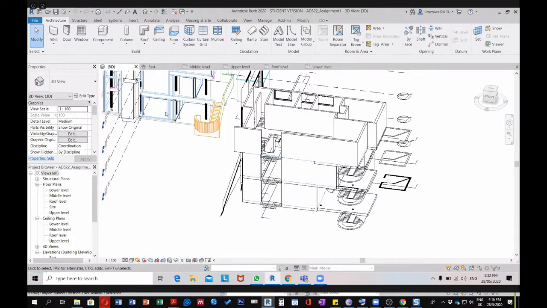0.17. So this means if I want to add that window, for example, I will need to create another window, same dimension. So I select window and I click edit type and I duplicate, same process as walls. Click duplicate. So this one is the width. I think it was 170 the width. Sorry,